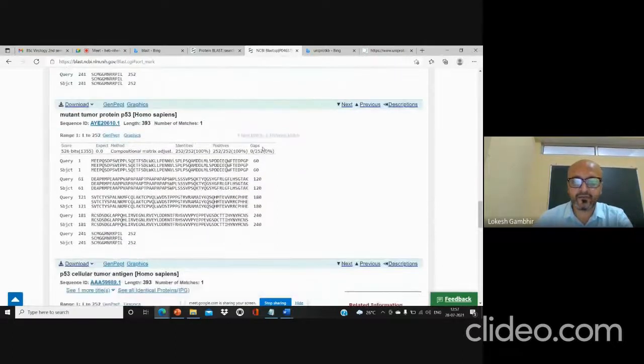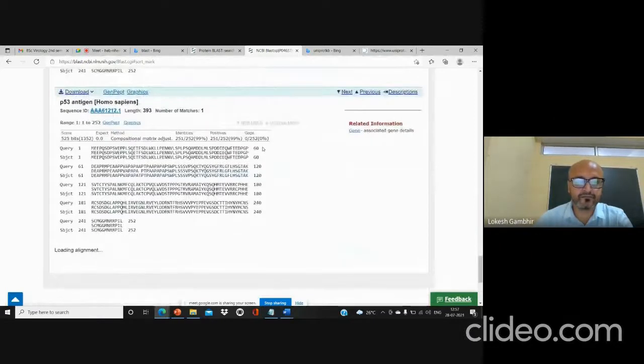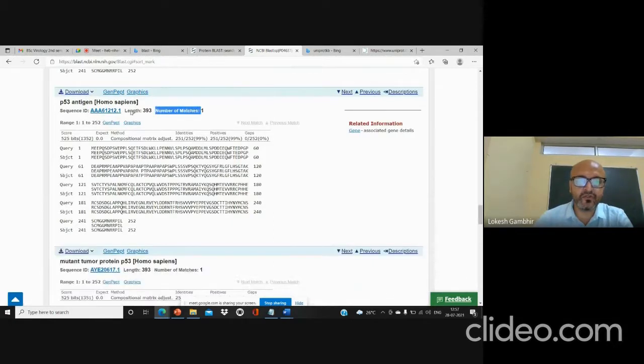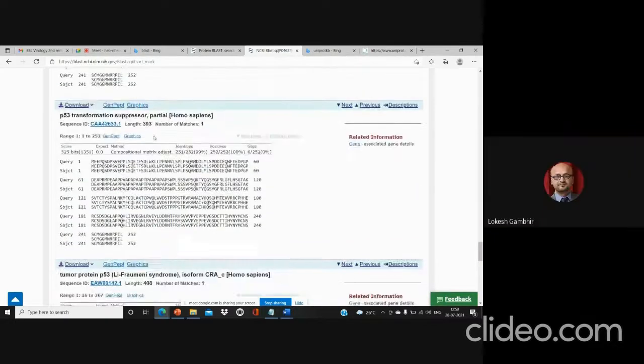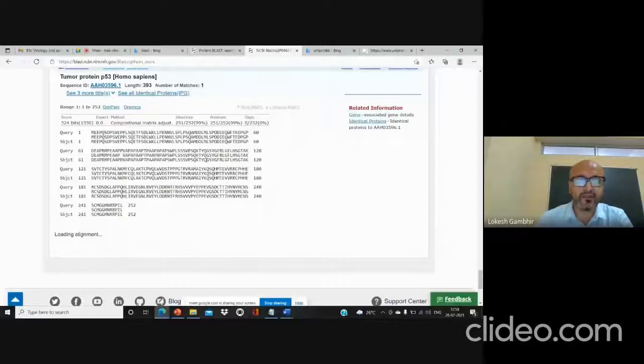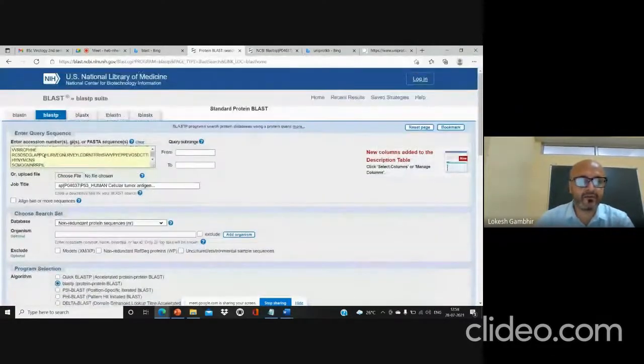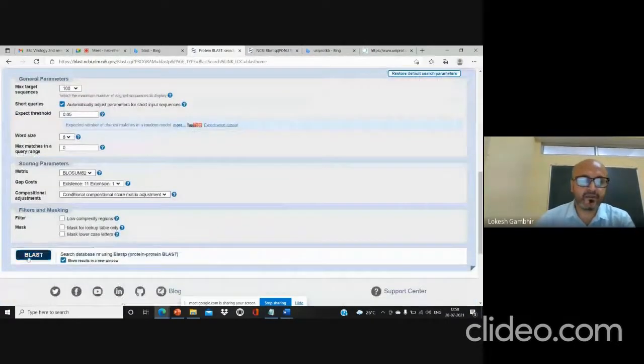You see here, it took time to load. Then let's talk about certain gaps if they are there. See what it is showing. It is showing the number of matches. Currently we are not observing any gap. Then you'll be seeing dots in the form of gaps in the alignment portion. Or perhaps I can show you by reducing the length. Let's see. We are reducing this, and then we are going for BLAST.